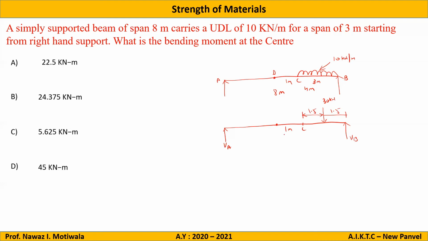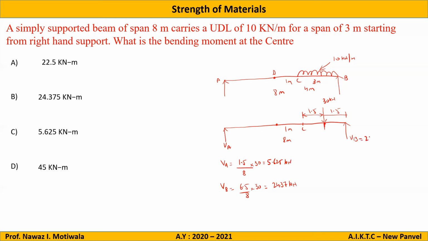Now, I just gave you the hint of how to calculate VA and VB without actually solving it. I can write VA is equal to the length on the opposite side of this load. The length is only 1.5, so 1.5 divided by the total length 8, multiplied by 30. So 1.5 into 30 by 8, that is 5.625 kilonewton. Similarly, I can write VB. If I want to find VB, the opposite length, opposite to this force, will be 6.5. So 6.5 divided by 8 into 30 will be approximately 24.37.